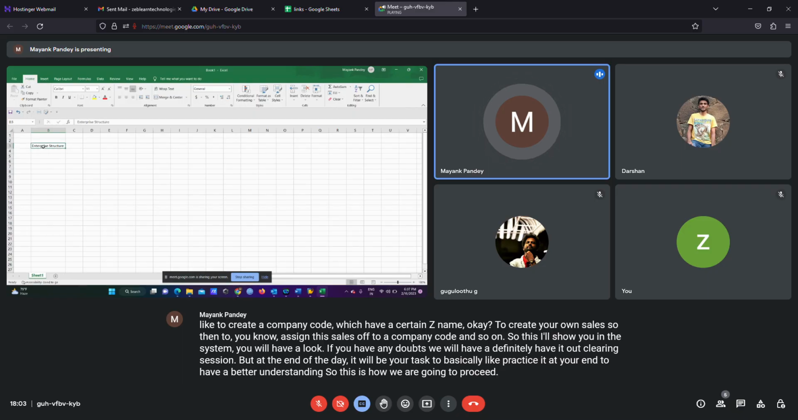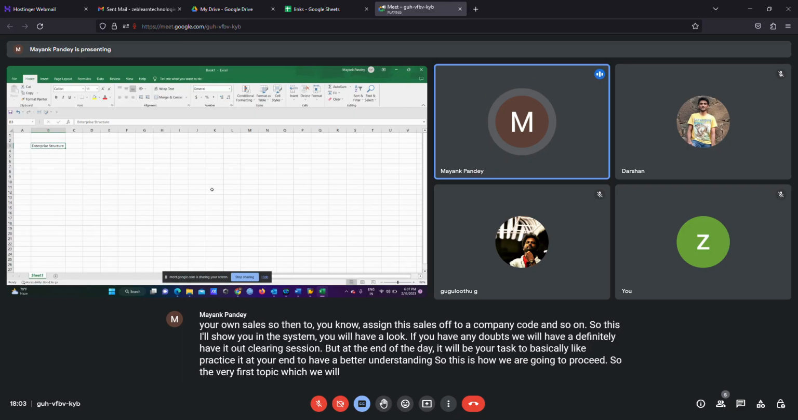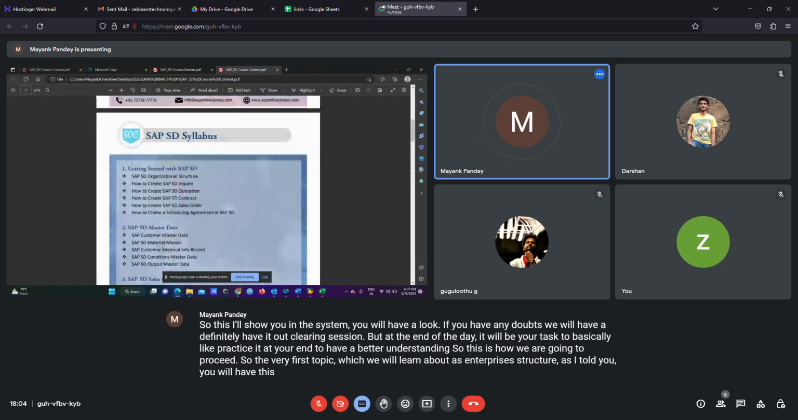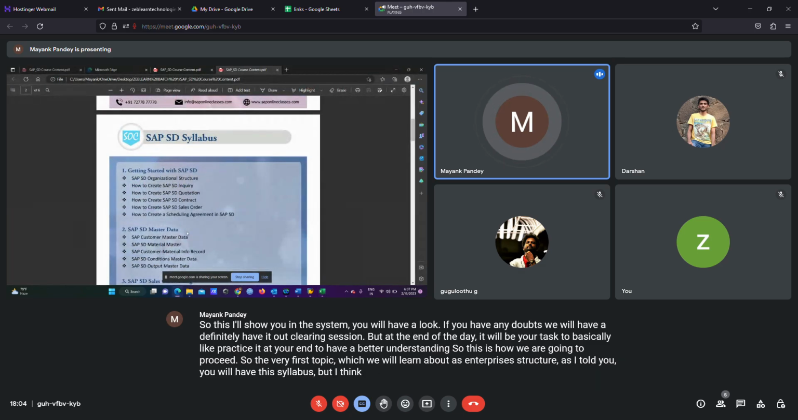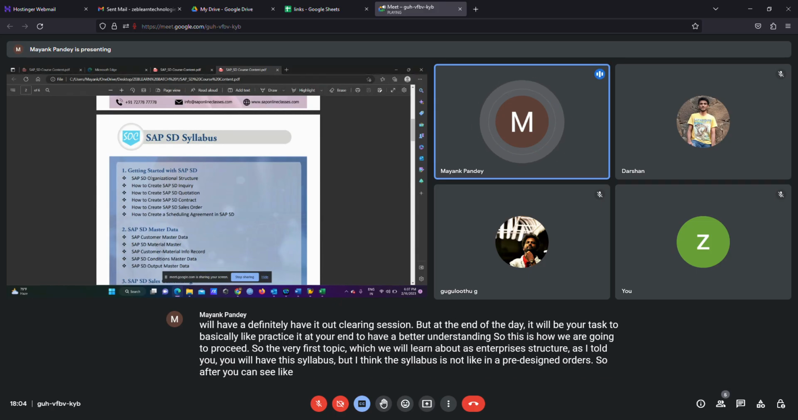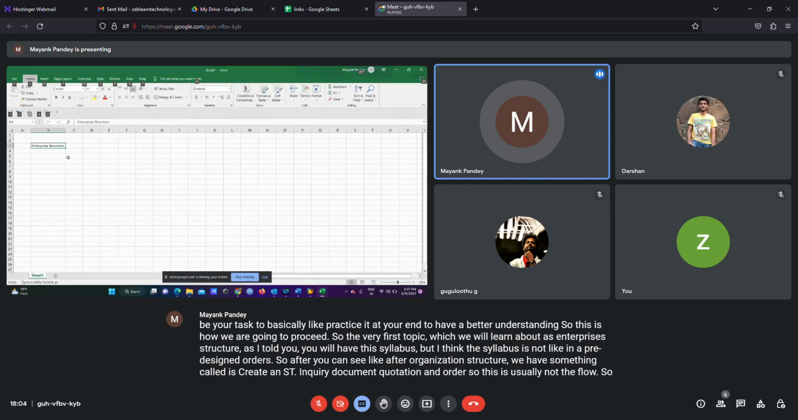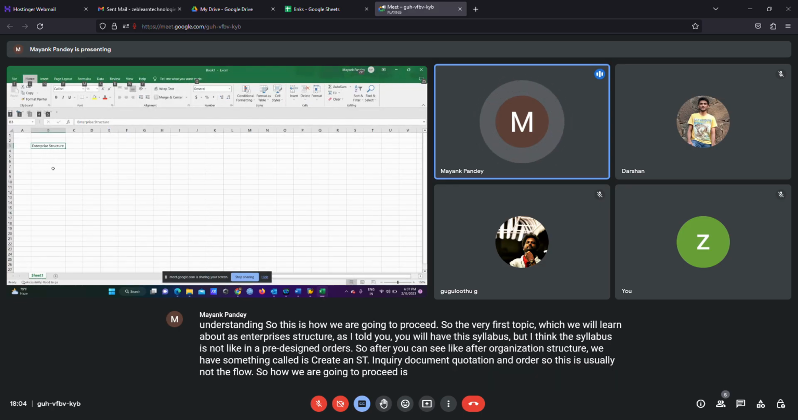So the very first topic which we will learn about is enterprise structure. As I told you, you will have this syllabus, but I think this syllabus is not in the desired order. After organization structure, we have something called create an SD inquiry, document, quotation, and order. This is usually not the flow. So how we are going to proceed is, first, we'll learn about the enterprise structure, then we'll go for the